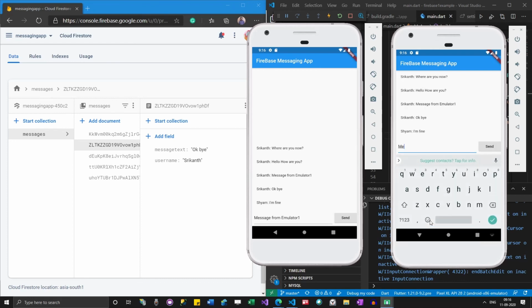Message from emulator 2, and as I click send, you can see that it is appearing over here as well. So whoever is using this document database, Cloud Firestore, will be able to access that message.